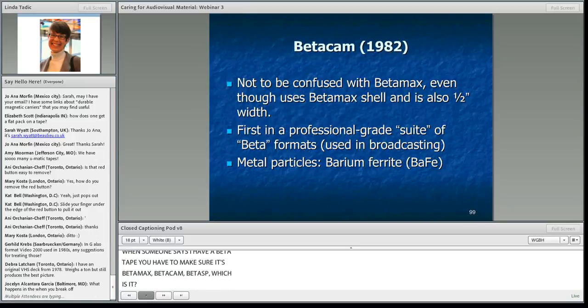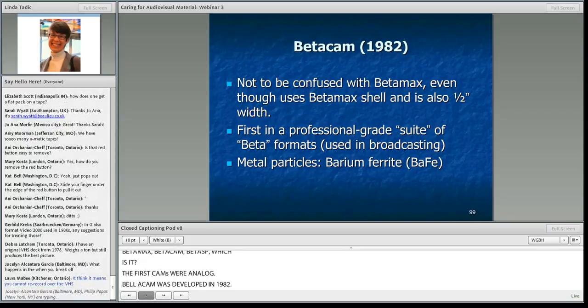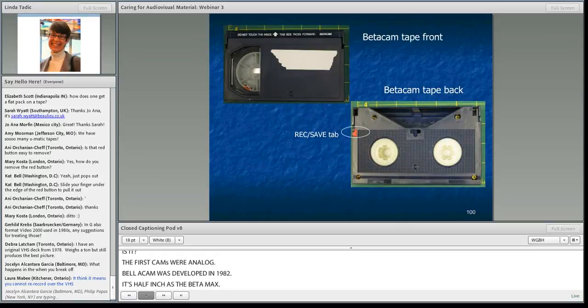Okay, Betacam was developed in 1982. It is half-inch, just as the Betamax and also VHS tapes are half-inch in width. It has metal particles, which are the barium ferrite magnetic particles. Here is the Betacam front. Here is the tape back.